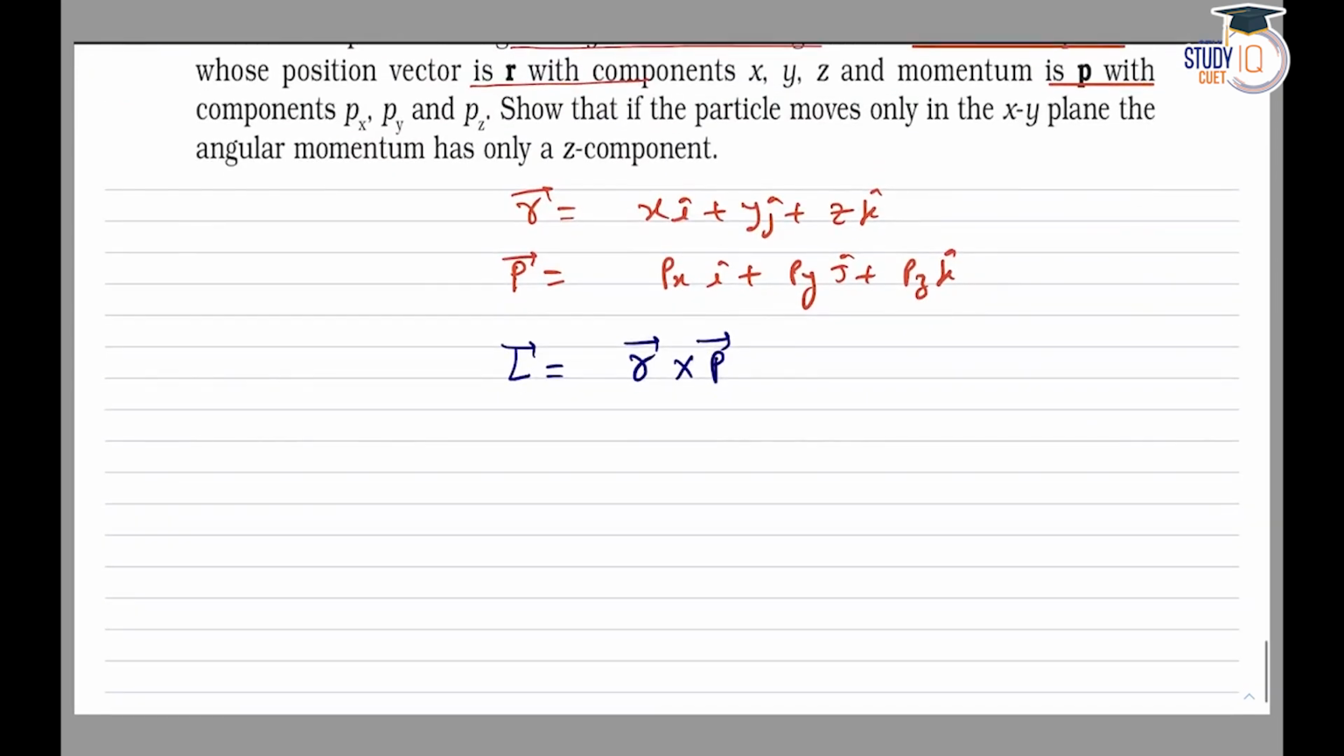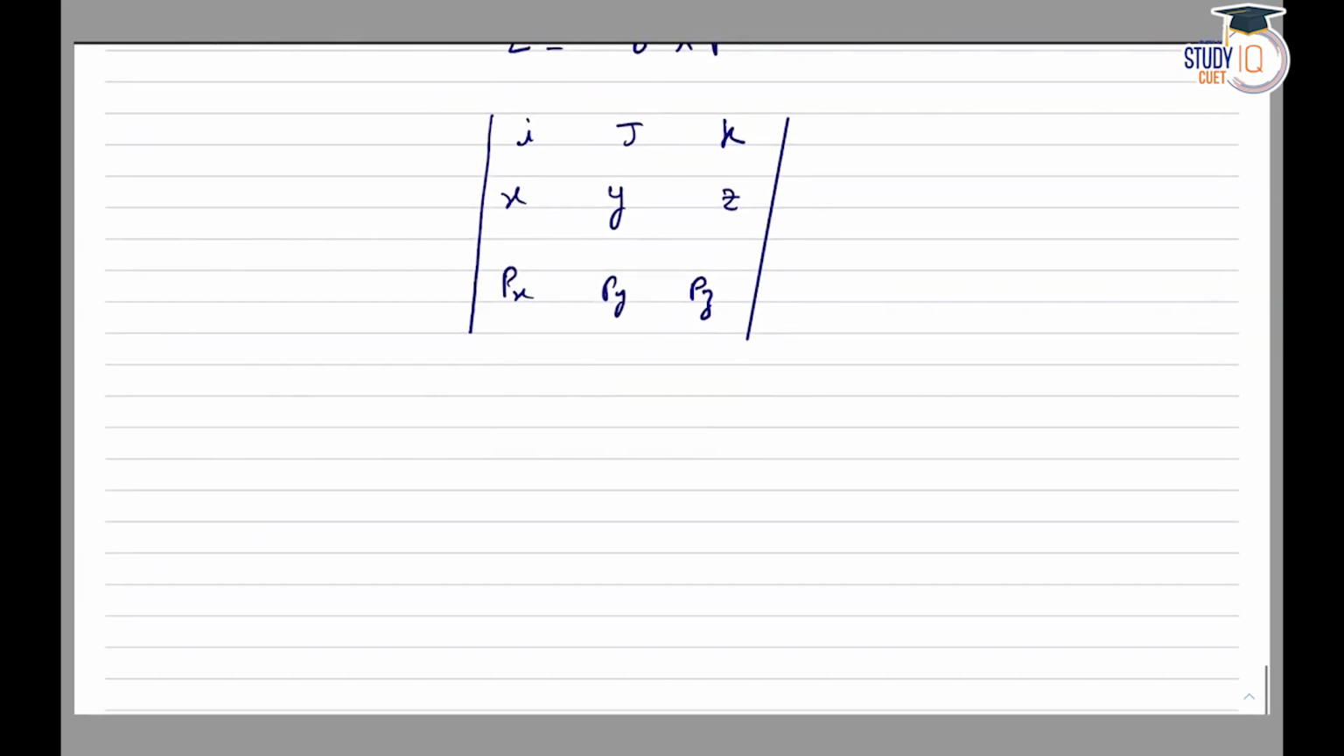So the value of r cross p can be found by the method of determinant. In order to find the value through the determinant, we are going to substitute the values in the following way. First r is written, so the value of r will come, that is x, y, z, and then the value of p, that is px, py, pz. On solving this determinant, the value of angular momentum comes out to be